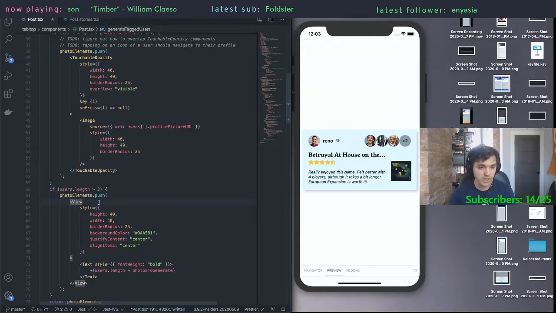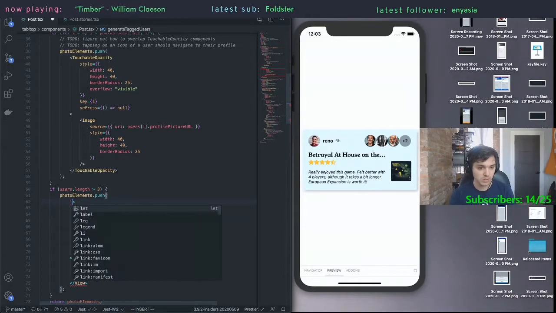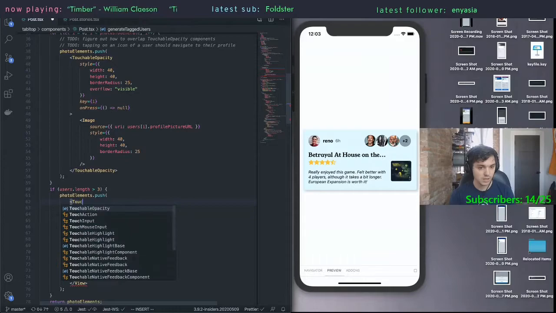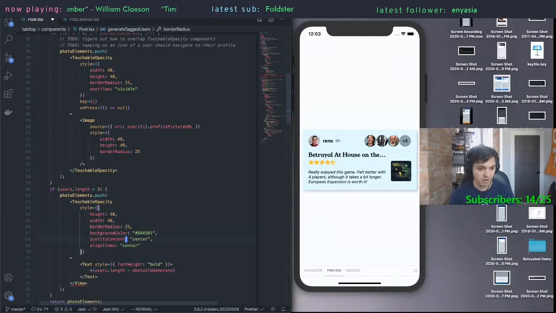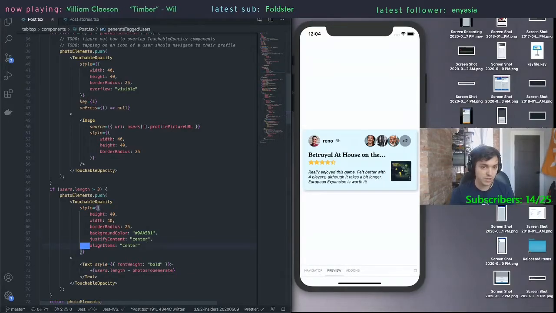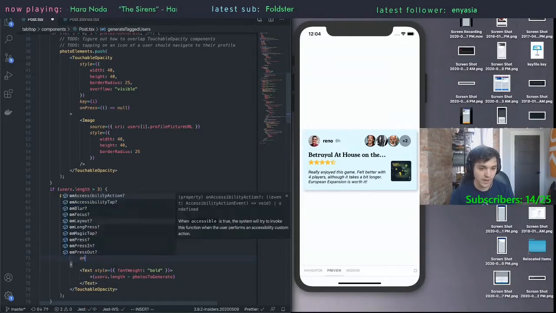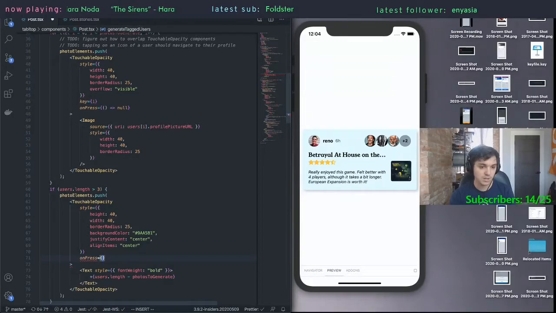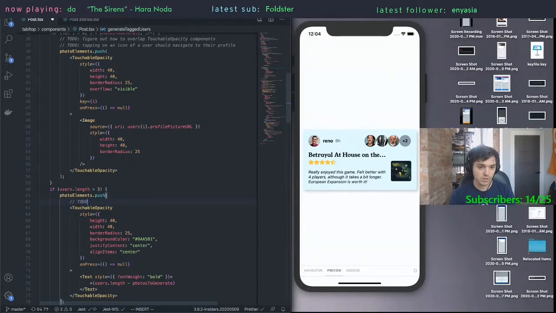this also should be a touchable opacity. So I actually should just be able to, I think, wrap this in a touchable opacity. I don't remember if text can nest under that. Okay, I think that worked. Yeah, okay, that's fine. It's basically just a view, so that's fine. And then same deal here on press, not actually a real function yet. And then to do